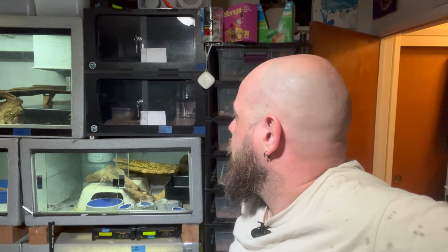Did get a pre-lay shed from Miss Red Zeppelin over there, the female corn snake. So she is potentially a week or two away from dropping her first clutch of eggs. We've got egg boxes ready to go for that in the smaller incubator over here. And the female Het Sable Hognose female is also due to have her pre-lay shed any day now as well. So with any luck, we should have